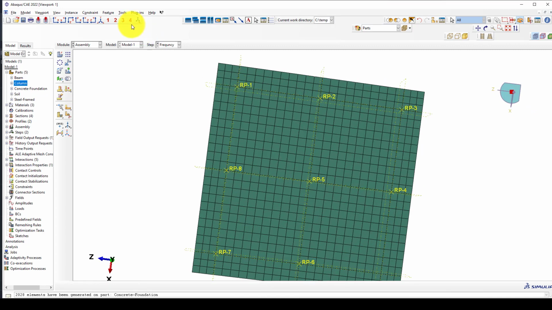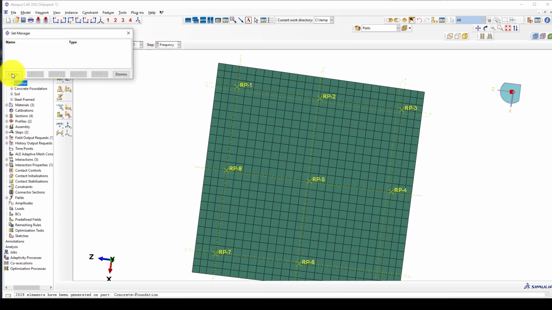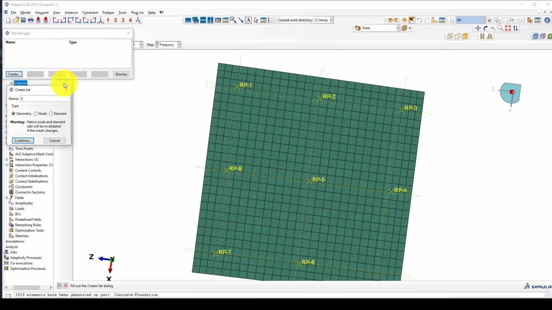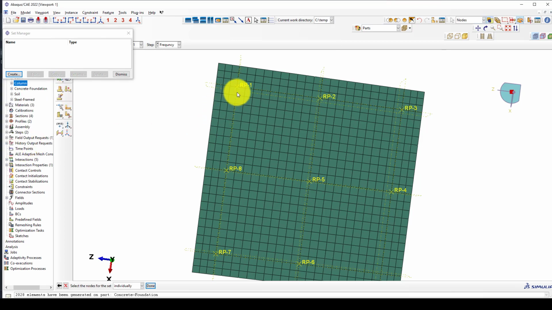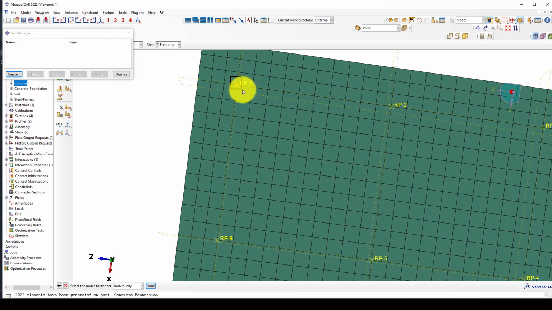Some node set. So let's suppose this is column 1, column 2, column 3, 4, 5, 6, 7, 8. I'm going to call set manager and create one called C1. I select node,